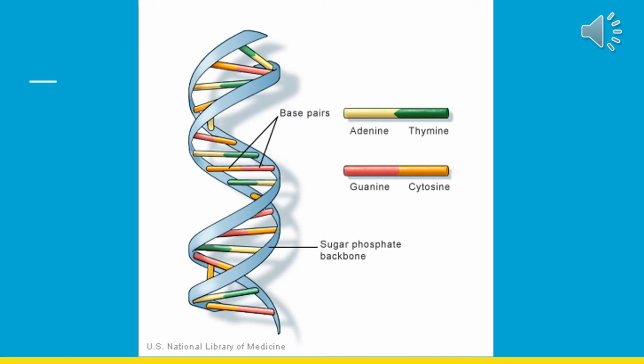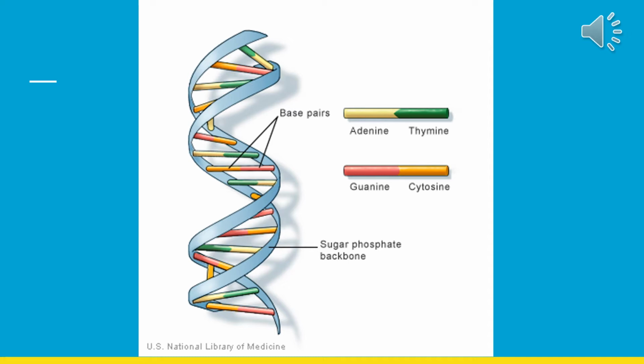DNA contains 4 chemical units, referred to by the first letter in their names: A, adenine, G, guanine, T, thymine, and C, cytosine. These 4 DNA letters make up a code for genetic information. The letters of the DNA code are similar to the letters of our alphabet. The 26 letters of our English alphabet spell words, which can be arranged in infinite ways to create messages and information. Similarly, the 4 chemical letters of DNA are organized to make messages called genes that can be understood by